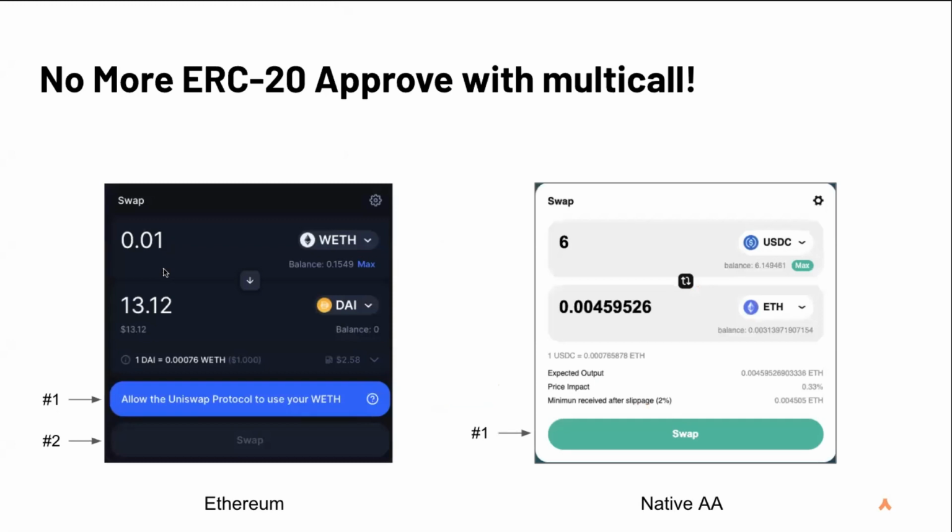Then there is the example of Multicall, very nice example as well. So Multicall, what it does is that it will bundle several transactions together, and it will simply call them at once. So the example that is very well known is, of course, the ERC20 approval, right? When you want to swap an ERC20 token, you have two user actions. The first one is approve the token. The second one is swapping. So I would say that's pretty bad from a UX perspective. Thanks to Multicall, you can bundle all this in only a swap button, and it all happens at once. That is a very well-known example.